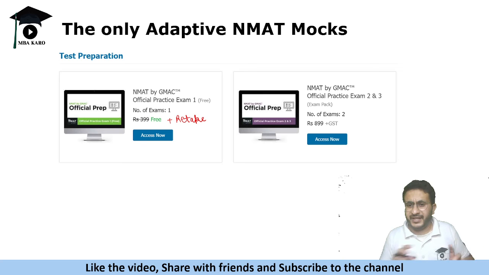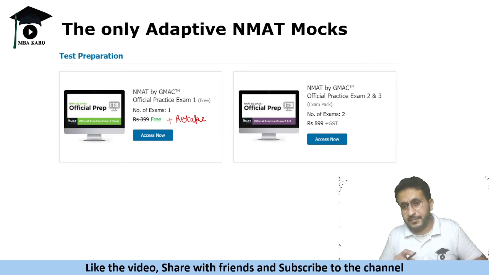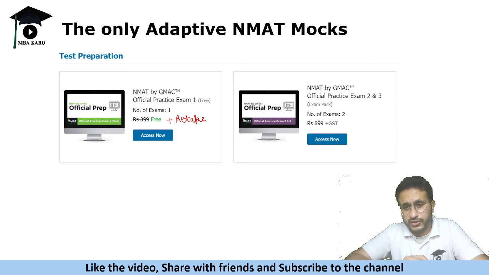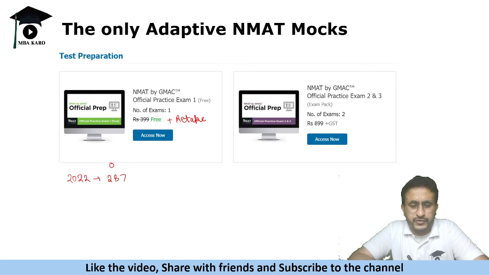So even if you are buying any institute's mock test, I would highly urge you to take these mocks, because the score that you get in the examination is very close to the actual score that you score in these mocks. So for example, in 2022, I took this official mock test. I got 287 in that official mock, and my actual score was 292. Okay, so in 2023, when I took the test, my official mock score was 285,